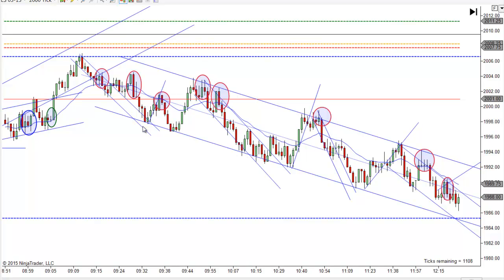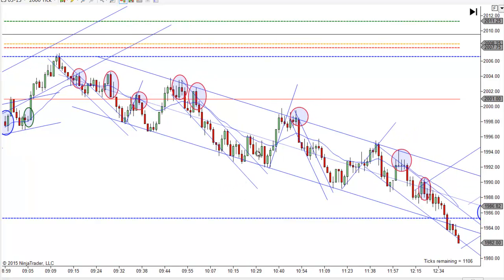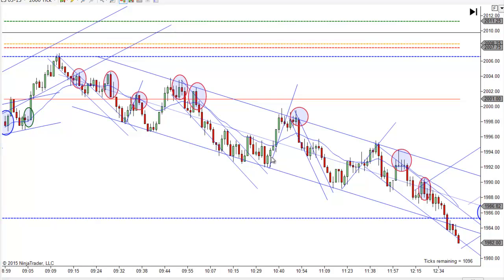I didn't mark this one because you bounced off that line 3 times now. There's a good chance you bounce off of it again, and you did, but it still would have worked. But I just think it was a little too risky to take any more shorts in there. And then finally you get the bounce. You get a break, and